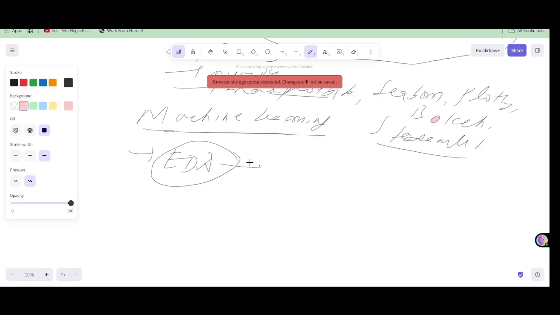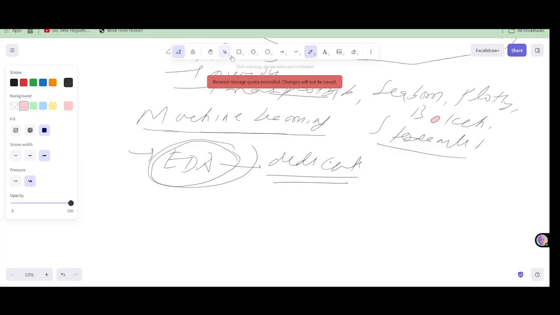In fact, when you want to build your model, most of your time goes to the EDA part, because the better you are at the EDA, the better you will be at building any model. Because when you are building a model, in the end you are feeding data to the model, and the quality of the model actually depends upon the quality of your data. And EDA is actually the process which makes your data better for your model to perform better. So that is why we're going to dedicate maybe 5 to 6 videos on this, on machine learning, and on